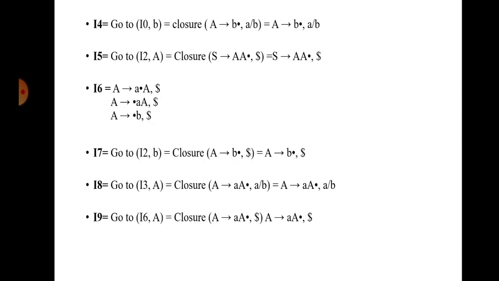When a repetition occurs, we stop the item set. The same steps are done, like moving the dot position from left to right. But the key point is that we have to find the look ahead symbol in each and every step. We are not writing the look ahead symbol in the above I naught state. We have to find a look ahead symbol for each and every single step. So the same steps are done as in the SLR parser, but only the look ahead symbol is changed.